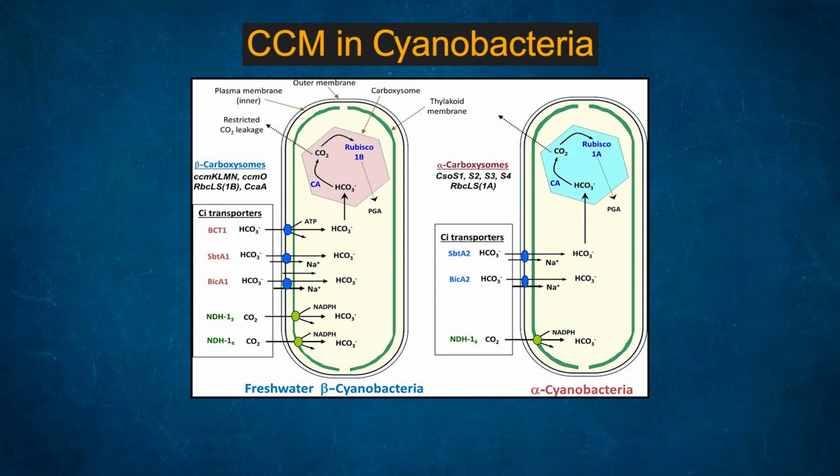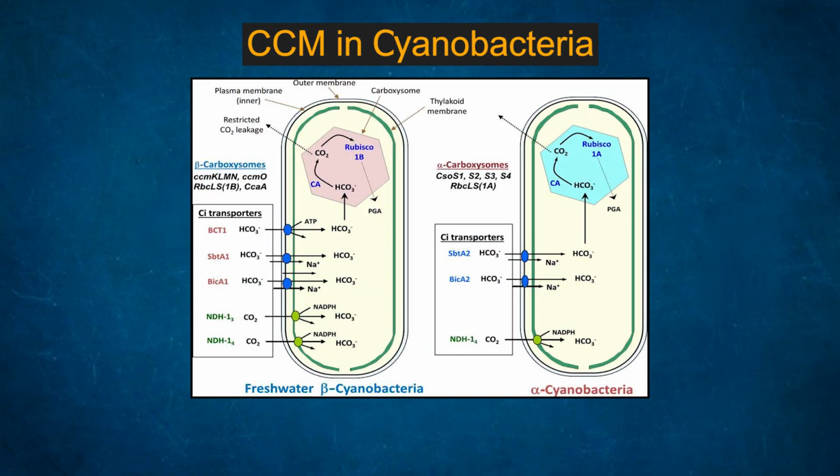Now these cyanobacteria have different types of carbon fixation receptors, and they are the NDH13, NDH14, and in freshwater cyanobacteria, in addition to this NDH13 and 4, there will be BicA1 and SbtA1 and BCT1, which all actually will allow the fixation of bicarbonate, and so much high concentration of bicarbonate actually is occurring due to more sodium ion influx. So it is basically a co-transport of bicarbonate and sodium, but the result is there will be excess of bicarbonate available inside the cell, which will allow the Rubisco enzyme to fix carbon dioxide, and there is no possibility